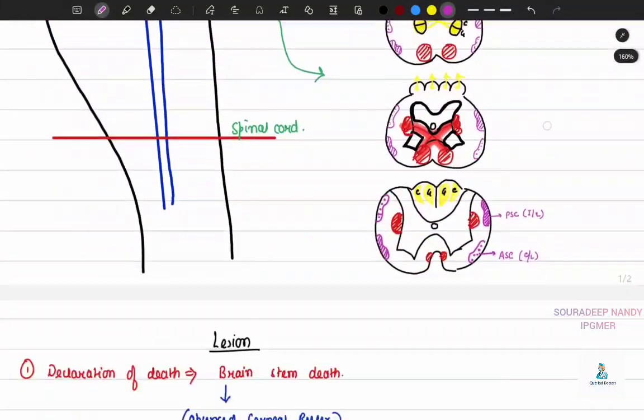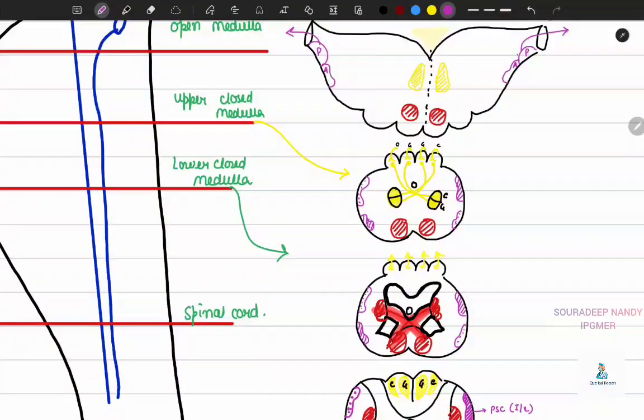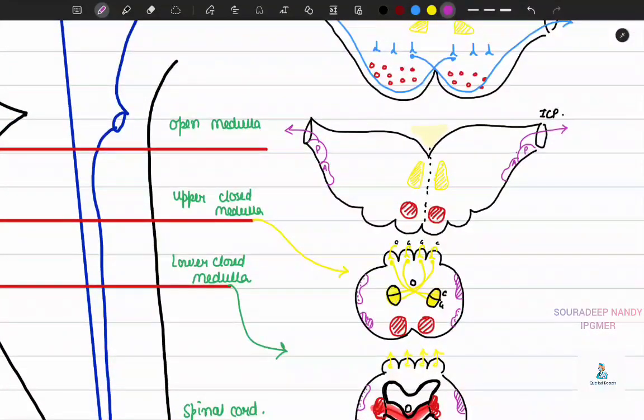So let us again discuss the spinocerebellar tract. I think that it is going to be a bit confusing to you. For that you need to understand the posterior spinocerebellar tract. It carries the information from the ipsilateral side. So this tract carries ipsilateral information, and coming to the open medulla, it ipsilaterally goes to the designated cerebellar hemisphere. So you all know a term that cerebellum is always ipsilateral. Its input is also ipsilateral. Its output is also ipsilateral. So here the posterior spinocerebellar tract, as it is taking information from the ipsilateral side, it does not need to